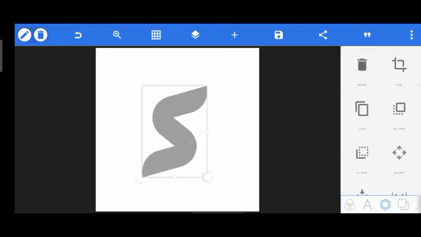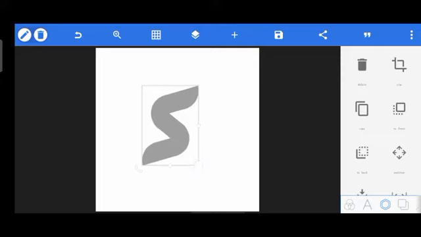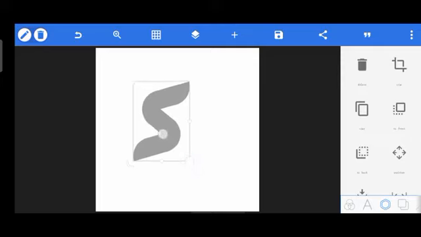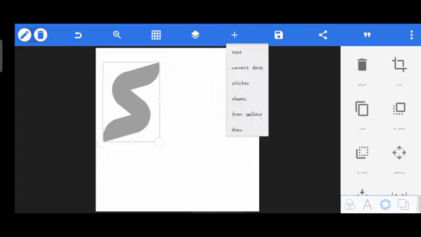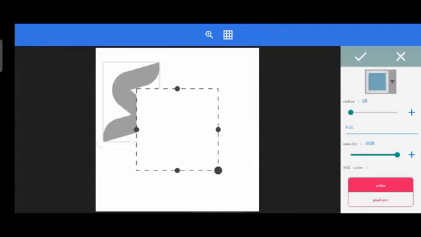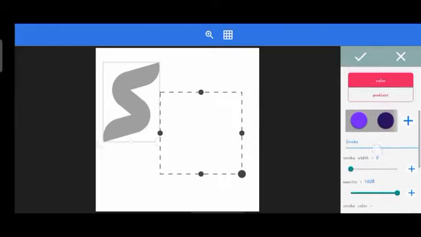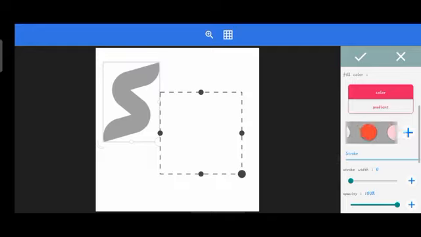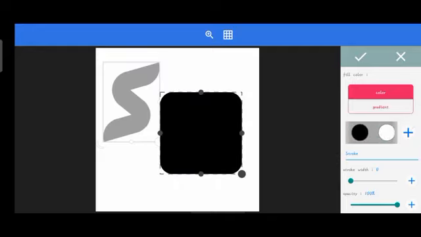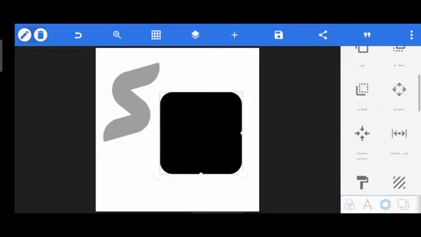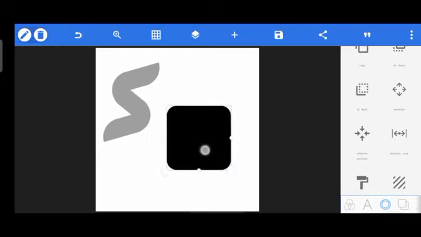So guys, before I start adding the grid lines, I want you guys to understand something. There is a concept behind this shape building. Let me get a square shape here. This is the default shape it's going to give me, because the default shape is always square. So let me increase the radius of this square shape to 30. Then I'll change the color to black, and I'll click good. Now then I'll resize this square shape,